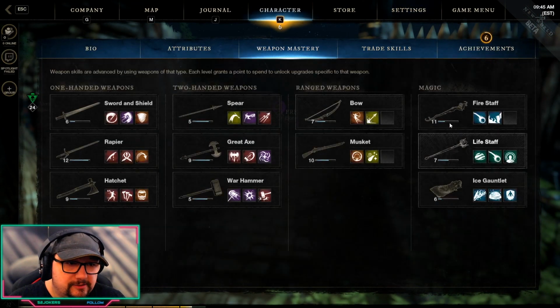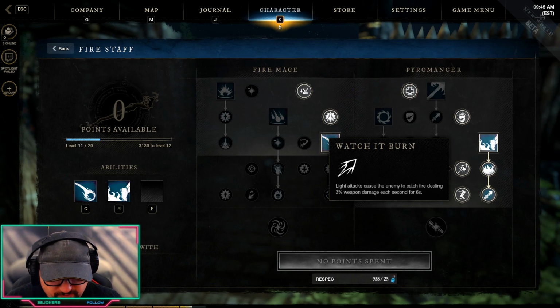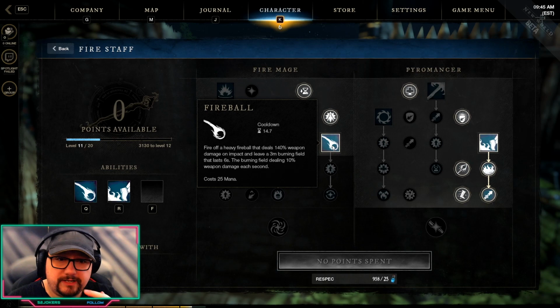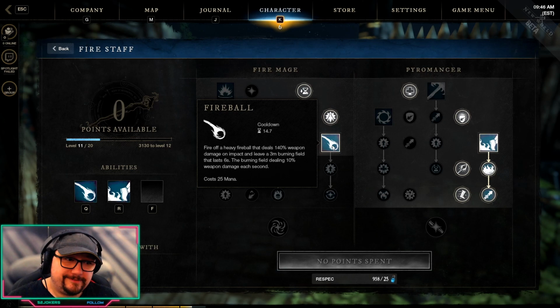The light attack is going to apply a fire DoT, which this passive causes. Watch it burn. Light attacks cause the enemy to catch fire, dealing 3% weapon damage each second. Really, really nice in combination with this one, because this leaves behind the burning field, and of course people start burning, taking damage when you hit them with this thing. And of course it does a lot of damage up front. So a heavy attack into the fireball, into a light attack poke, great opener